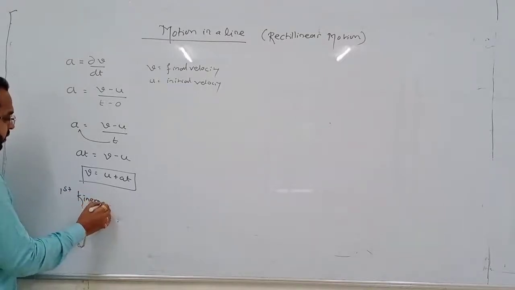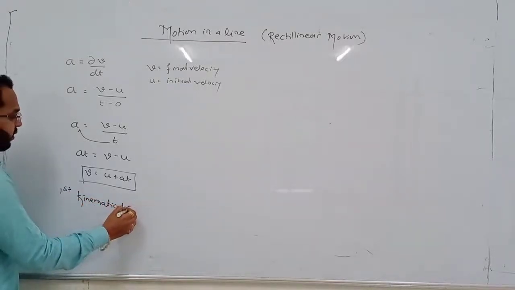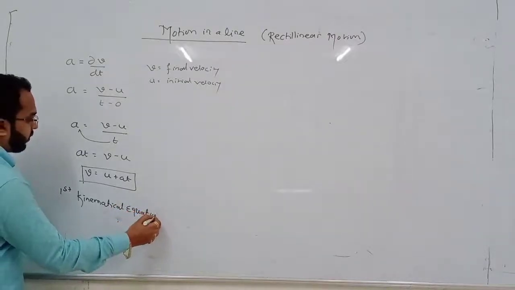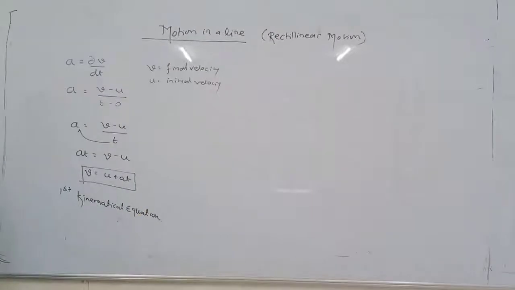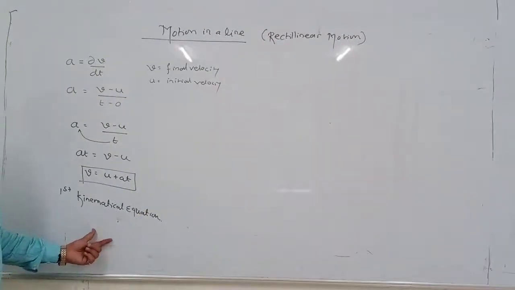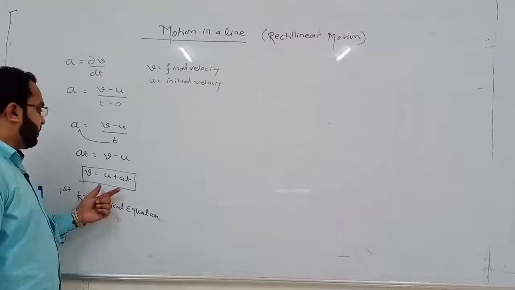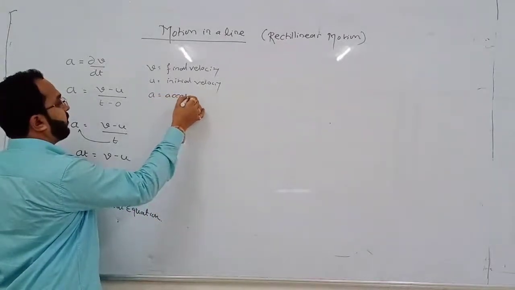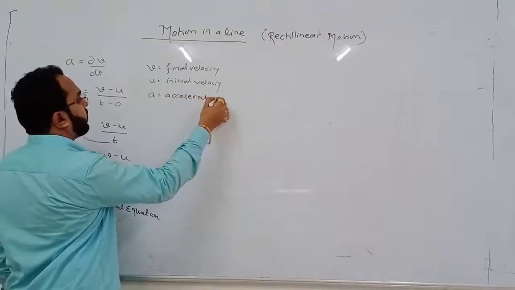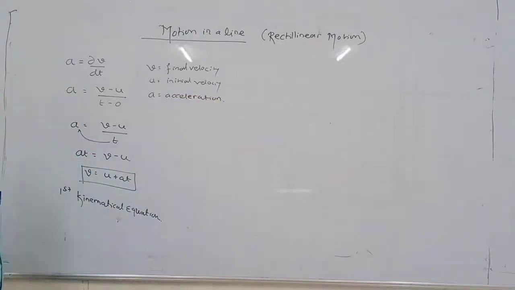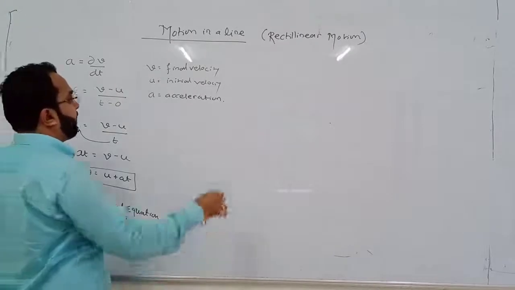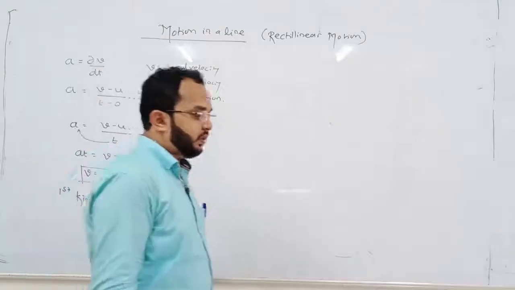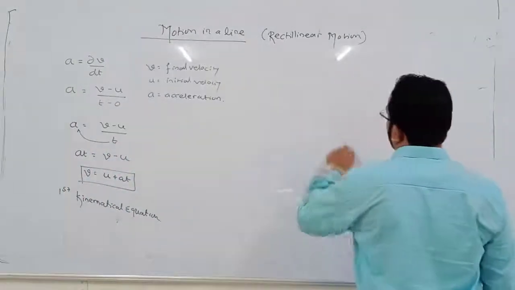First kinematical equation, which you have studied in 9th class. Here is the proof. So a is the acceleration. Okay. Now we will derive the second kinematical equation. But before that, let's see